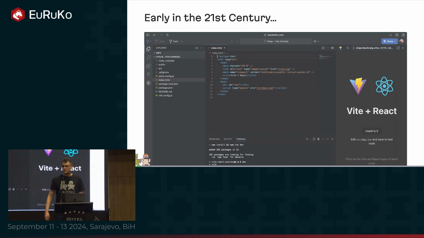But our story starts with StackBlitz. It's a fully working in-browser IDE, and the most fascinating part about it, it runs Node.js right in the browser using WebAssembly. I'm a big fan of StackBlitz, but it doesn't support Ruby. So